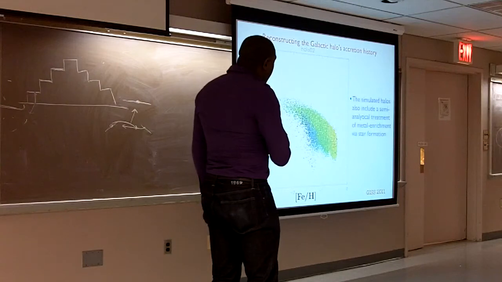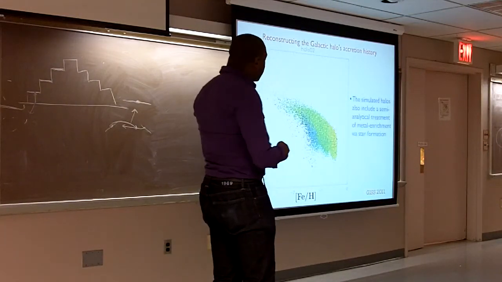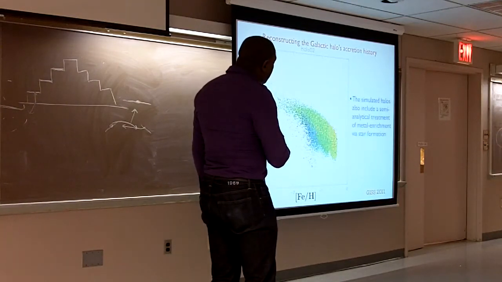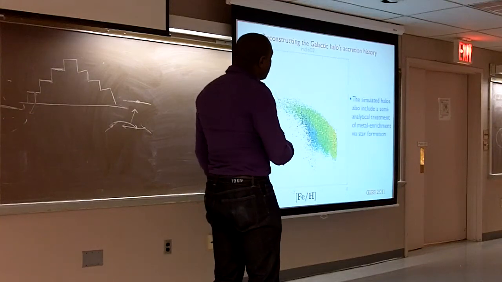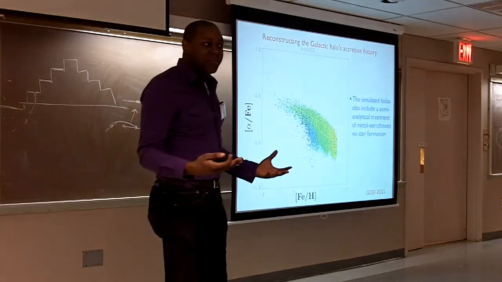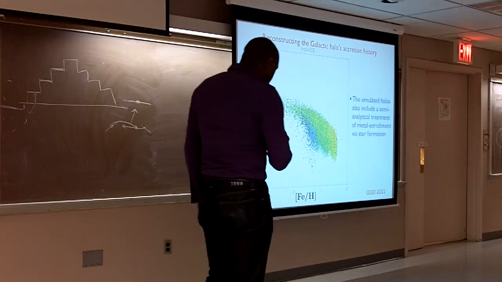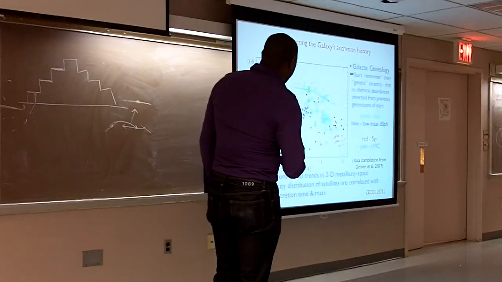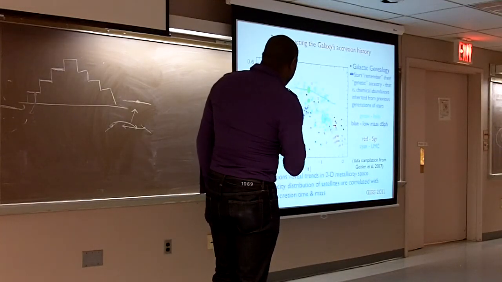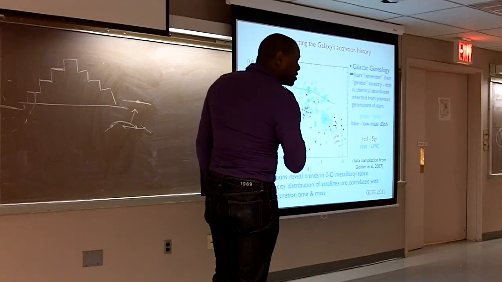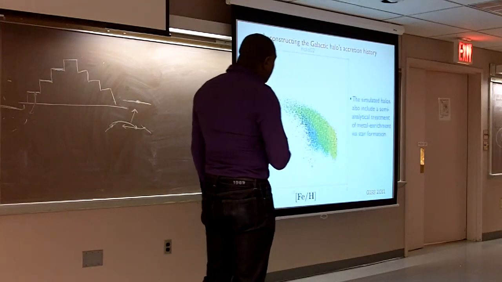So purple to black is low mass, blue then to green, yellow, and orange is higher mass. And so the same sort of situation that we saw in the observations, where low mass is here, higher mass is here,